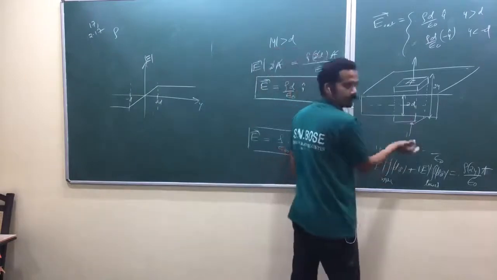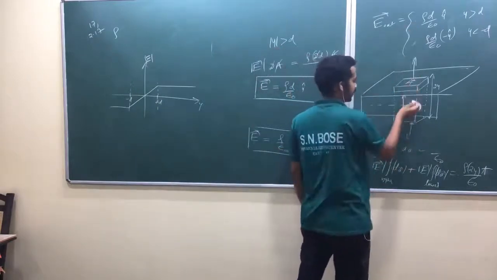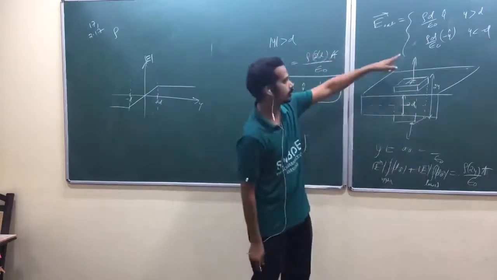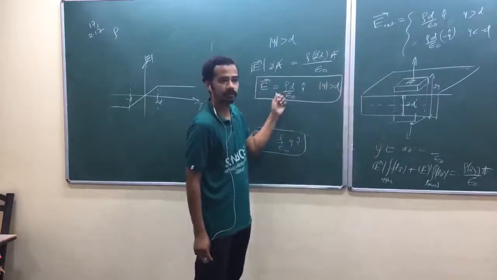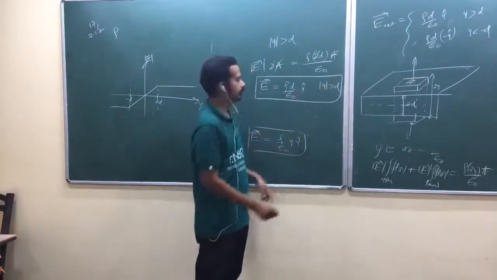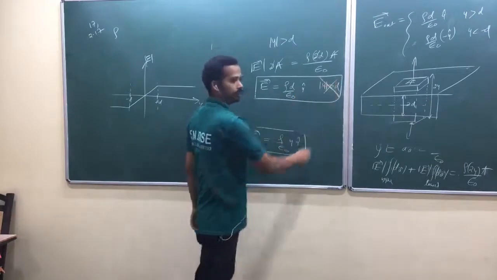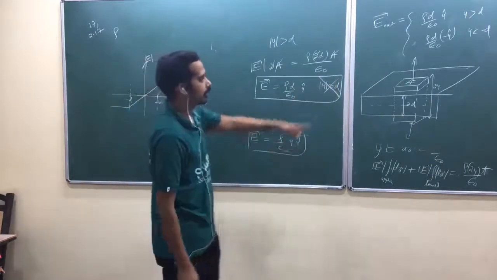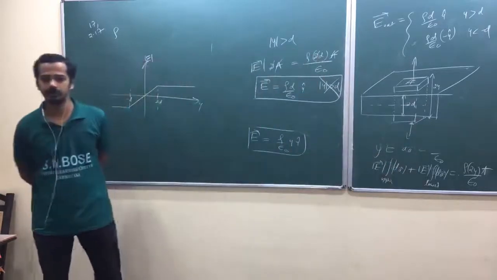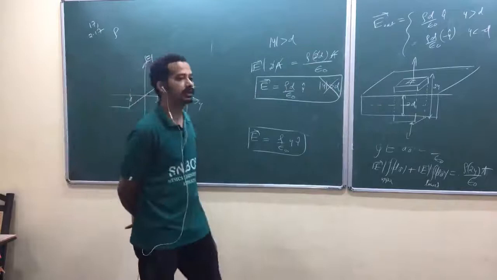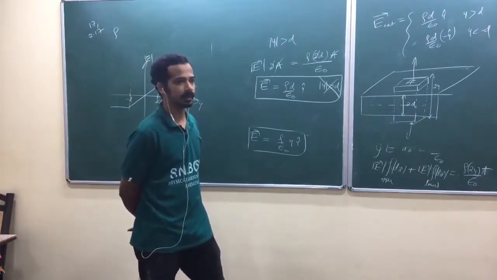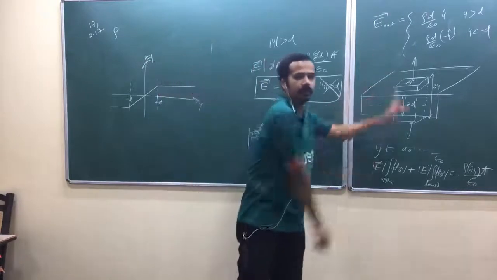So below this plane, this is the y-axis, below this slab, the electric field will be downward, am I right? You have to show that one. This formula cannot show that, look at here. It's always along y cap, isn't it? So just remove this one, try to write like this. That was by inspection, remember, direction is by inspection. Gauss law will not give any direction, it will give only magnitude, isn't it? By inspection we said it should be away from this slab, am I right?